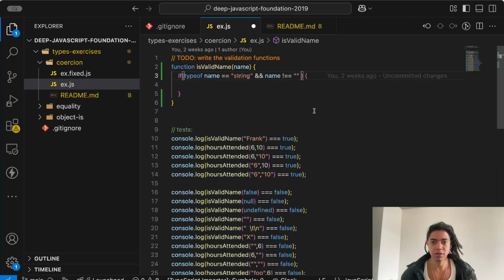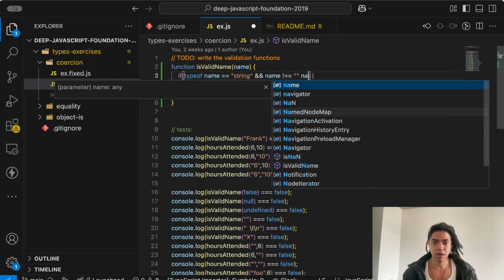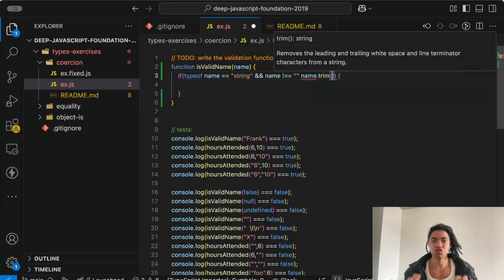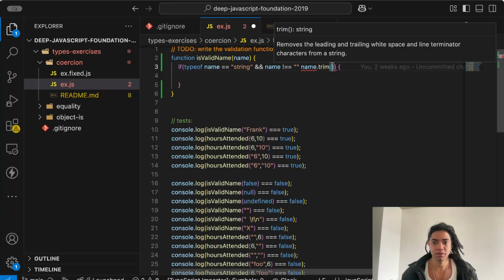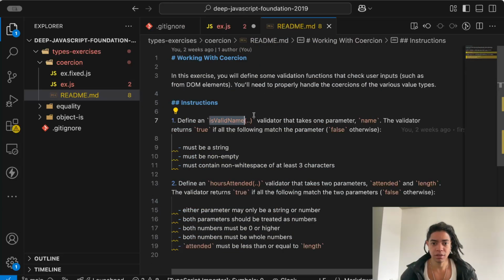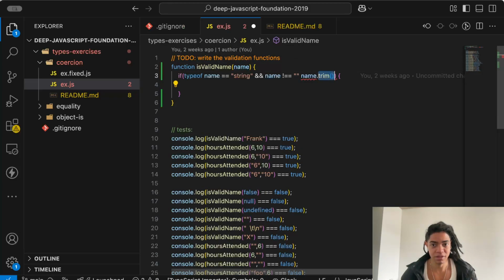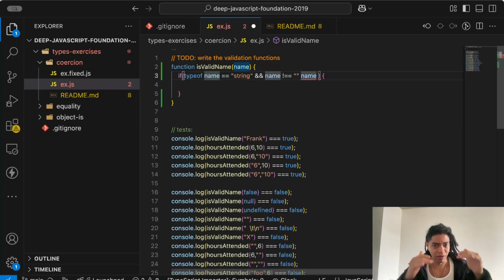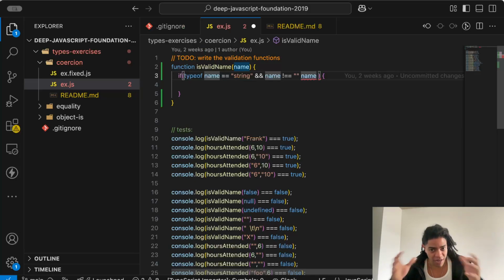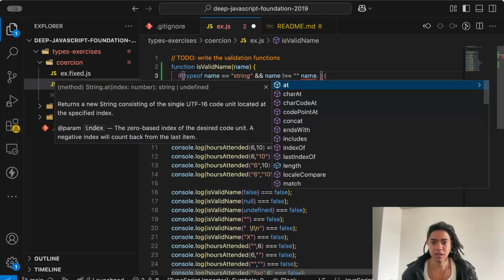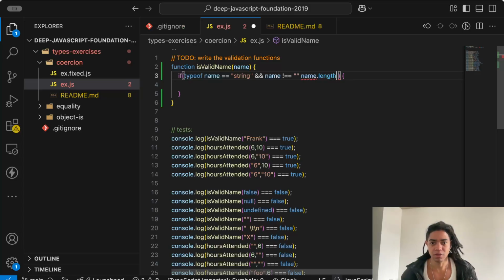So what we can do here is name.trim, to remove the leading and trailing white space and line terminators. Since this is a string, what's happening here is boxing. We know that this is a string type, and therefore we have these types of operations. So we can say, if the name.length is greater than 3,